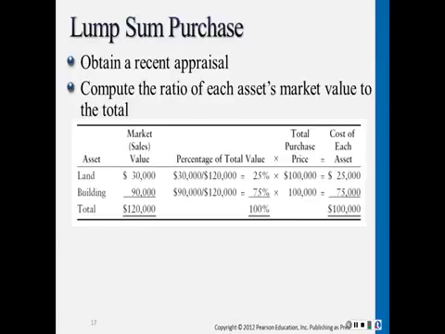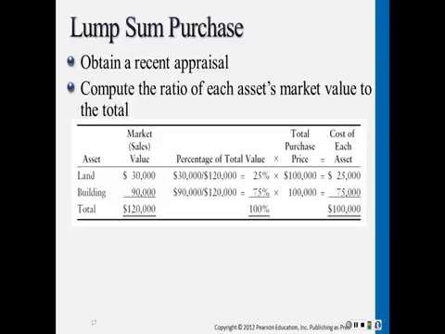A recent appraisal performed before the purchase indicates the individual land and building market sales value. Use this total to allocate the purchase price using the appraisal ratio. First, figure the ratio of each asset's market value to the total of both assets combined. The total appraised value is $120,000. The purchase price for the land and building is $100,000. The land makes up 25% of the total market value, and the building makes up 75% of the total market